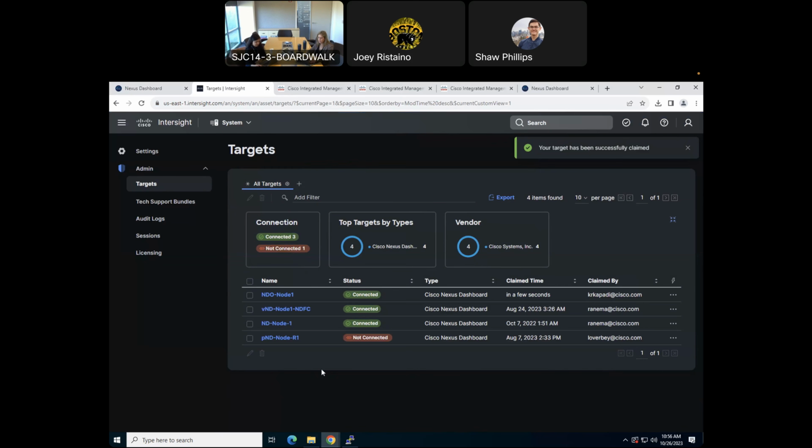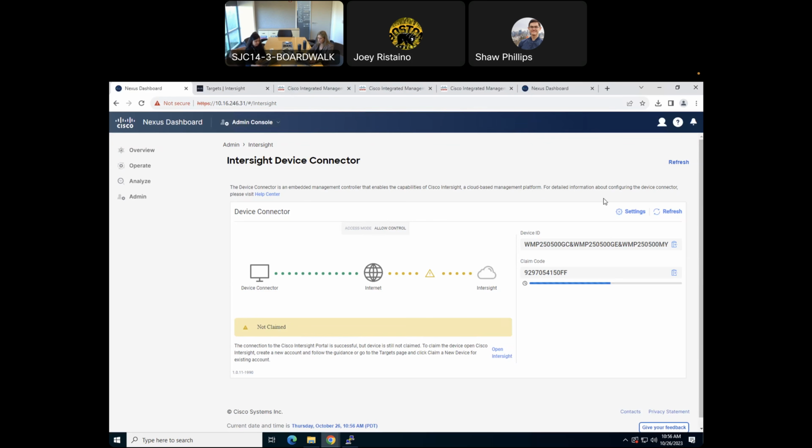So here we are. As we just see, I just connected it. And we'll go back to our Nexus dashboard UI. We'll refresh it, and we see it's green. So this way Nexus dashboard can leverage and decide to get all the latest details about the firmware updates, new bugs that have been filed and bug fixes, and get all that dynamic data into Nexus dashboard dynamically as and when